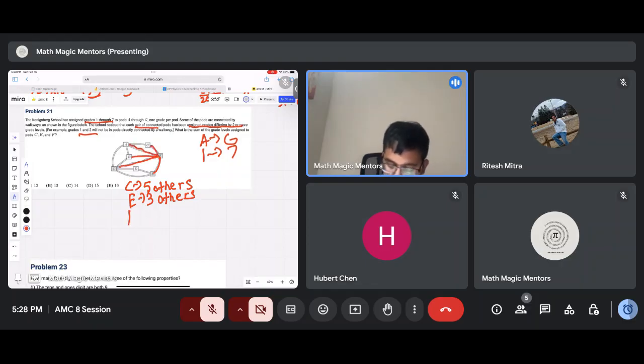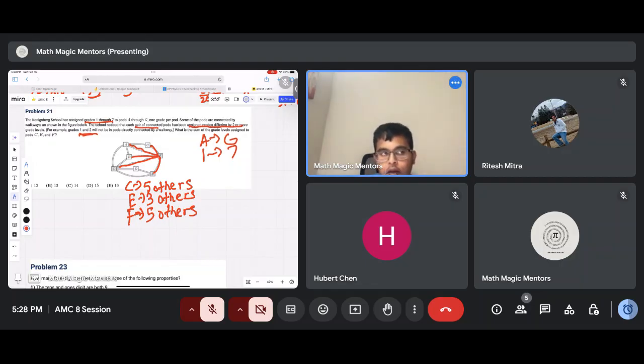Oh, okay, F also has five connections. So what does that mean? Given the condition on grades 1 and 2, that means that F and C must contain